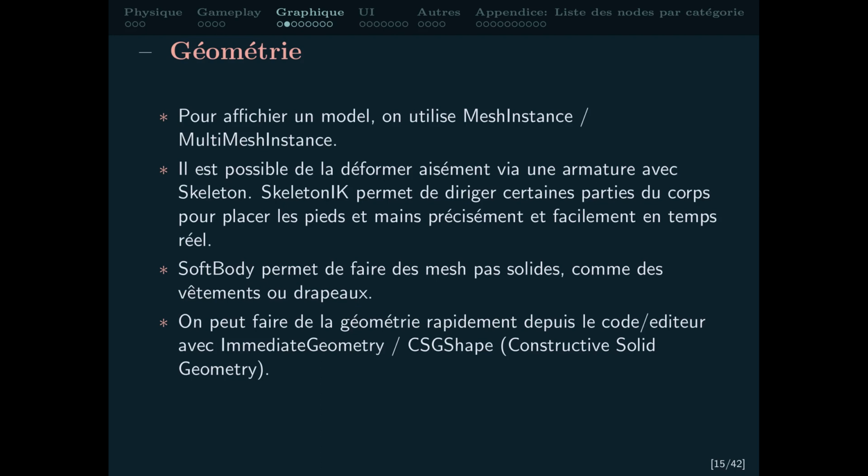That will just show your mesh with the materials and stuff like that you apply, and you can deform it with the skeleton nodes, which we will see, maybe not in the video. When you have a character, the usual way to move them is to create an armature inside of them, which is composed of bones, and these bones are associated to a part of the model. To give a concrete example, if I want to move a character's arm,